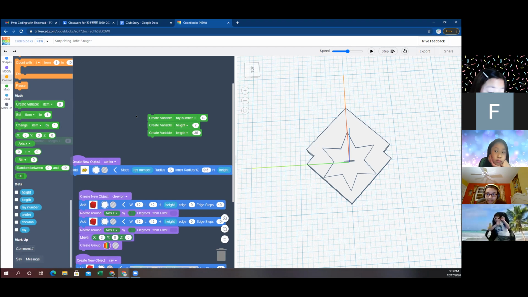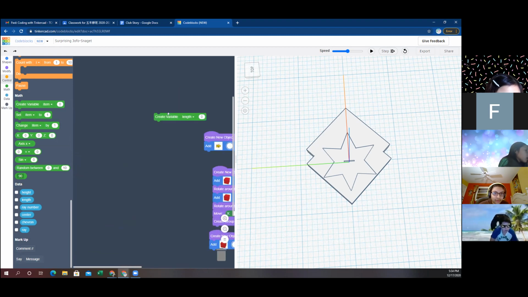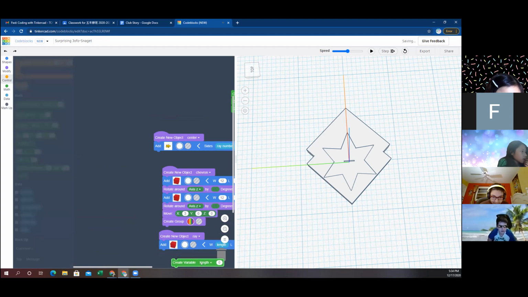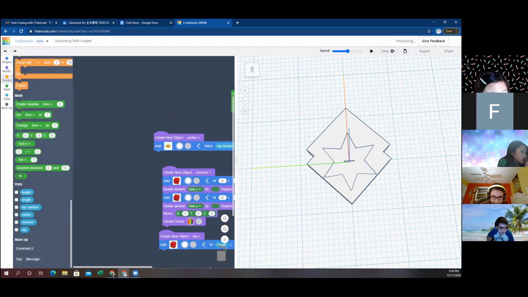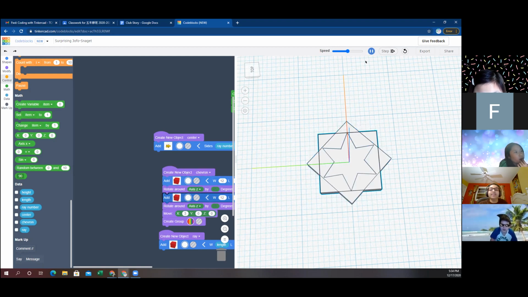Oh, I think I know why. Yes, I do know why. Okay, great. Do you see on the left side of your screen a little bit, you have a block that's just floating out there that says set length to 0? Create variable length 0. Yes, that one. That's being run. Careful. Yeah, that just added it. Okay, now try it. Now it should work. Basically, what you were doing is you were setting it to 35, and then you were setting it to 0.